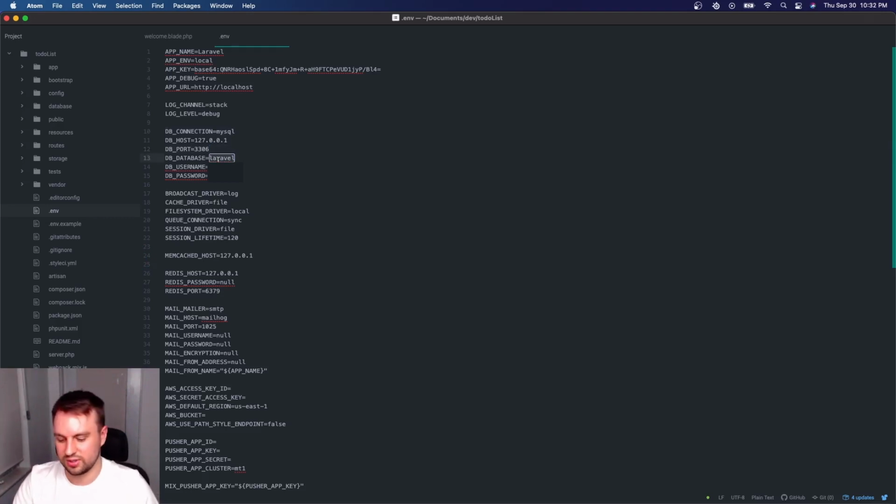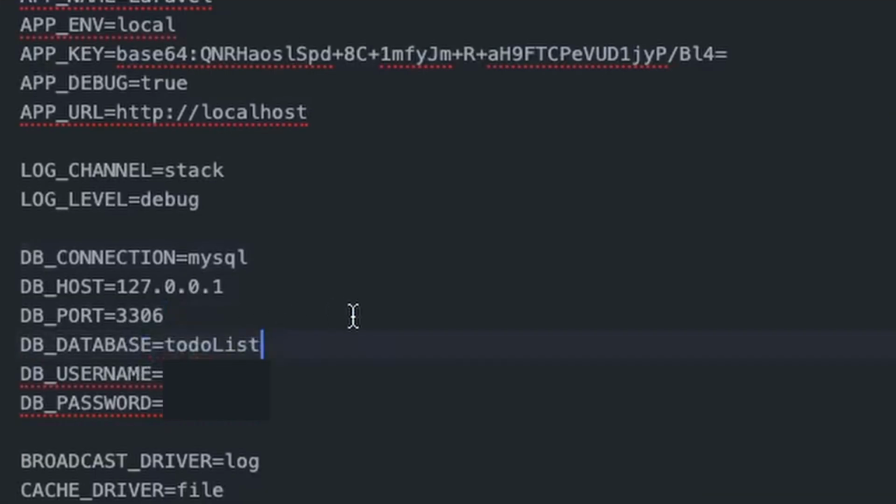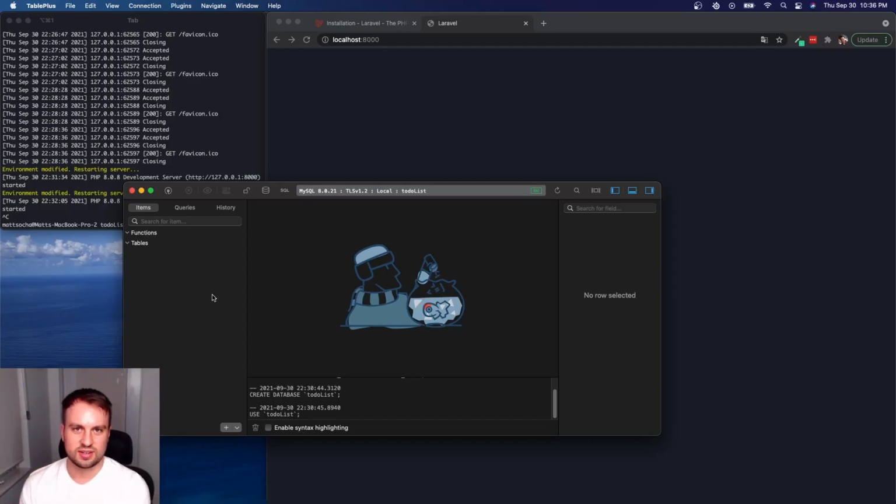And then all you really want to do is change the database to whatever you titled your database on TablePlus. Username and password is what you're going to set up when you install MySQL for the first time. Since I already have that up and running, I don't need to do that. Okay, now that we got our database hooked up to our Laravel app, the next thing we need to do